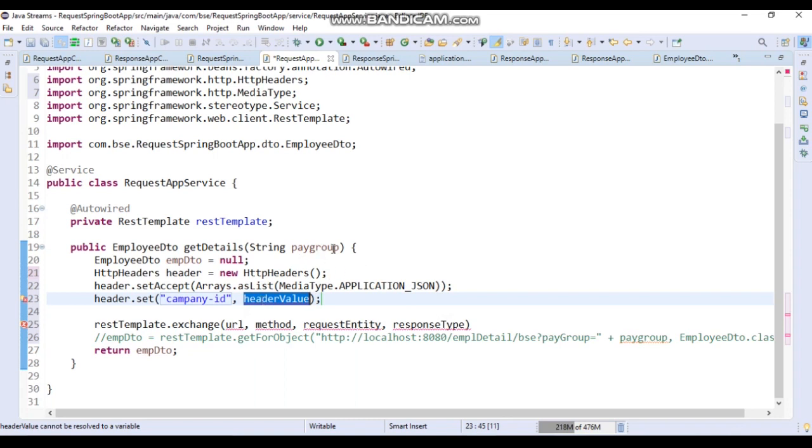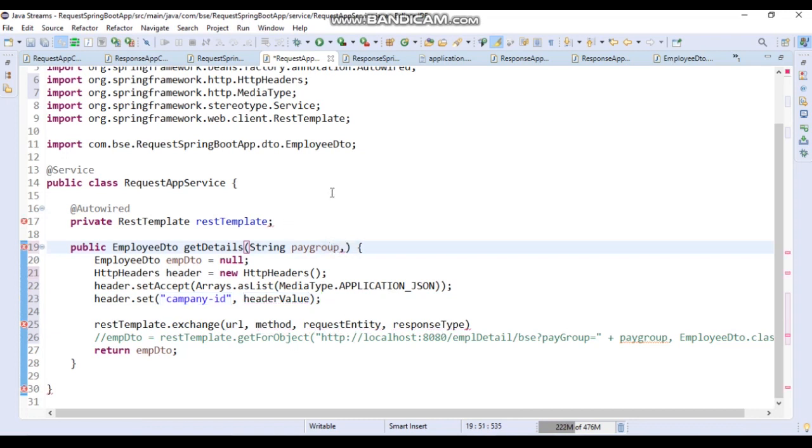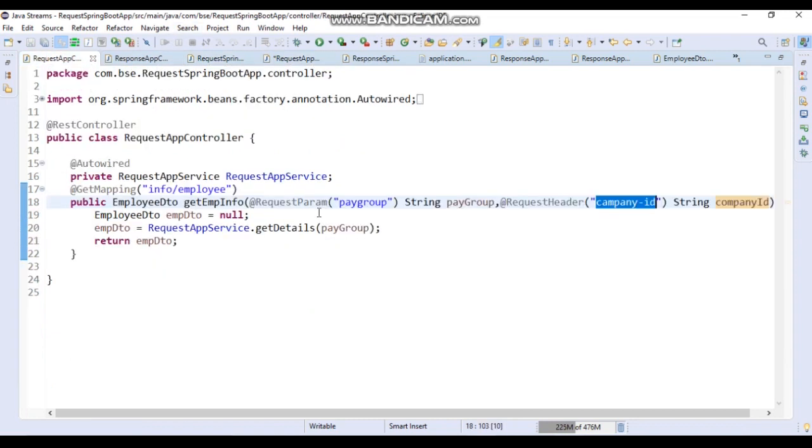Actually, sorry, we need to take this as a parameter. Let me go to the controller once again. So we need to pass this company ID as the parameter to this, and then we will collect that there.